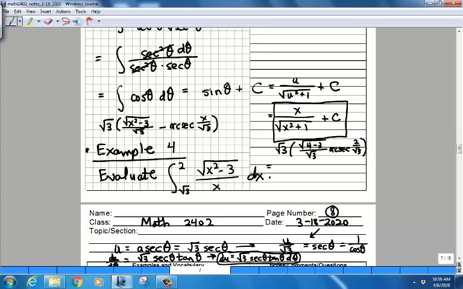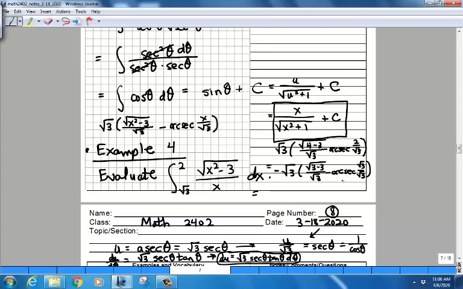And then you subtract off from that what you get when you plug in the square root of 3. So that's going to be the square root of 3 times the square root of, well, when you plug the square root of 3 in for x, that's nice. You get the square root of 3 minus 3, because the square root of 3 squared is 3, minus 3 over the square root of 3, and then minus the arcsecant of the square root of 3 over the square root of 3, which of course is just 1. So we have this minus this. Well, that's a little bit of arithmetic to do, but it's not that bad,